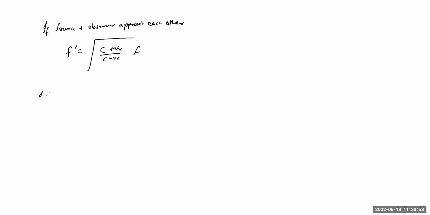If source and observer approach each other, the answer becomes (C plus Vr) by (C minus Vr) into F. That's it. If we recede from each other,